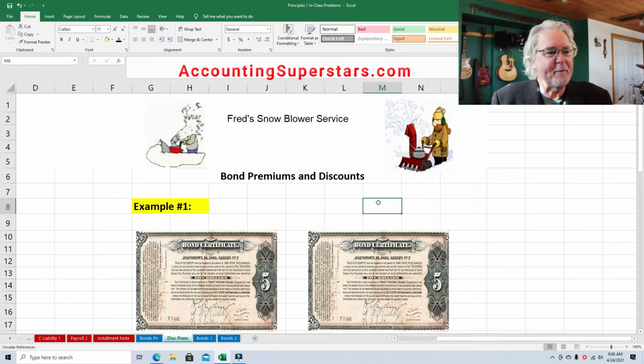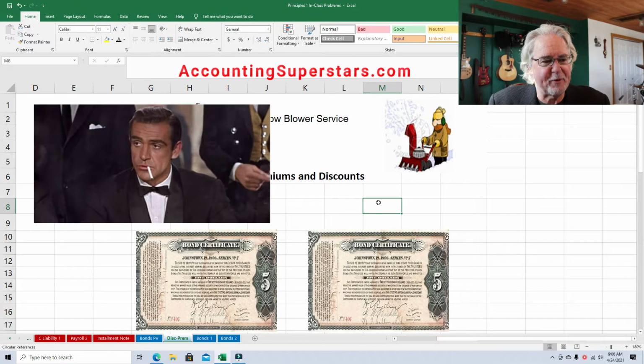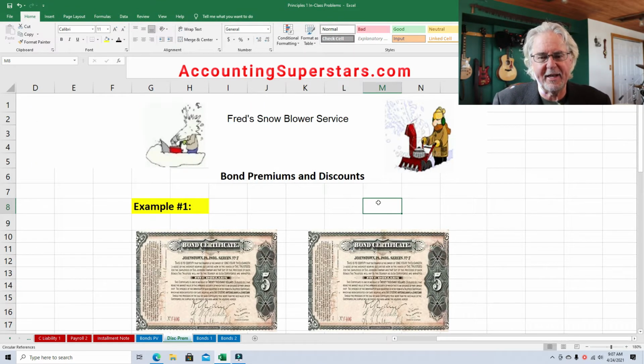Today's lesson is about bonds payable, folks. I used to think bonds payable, what a useless chapter in accounting. I thought, how boring, and nobody's going to use this. But about 15, 20 years ago, the light came on. It was like, wow, this chapter is the basis of so much. It's the basis of finance. It's the basis of our monetary system. So we can learn so much from this chapter.